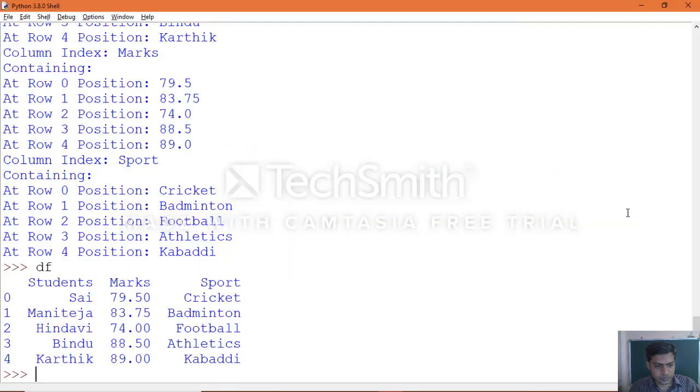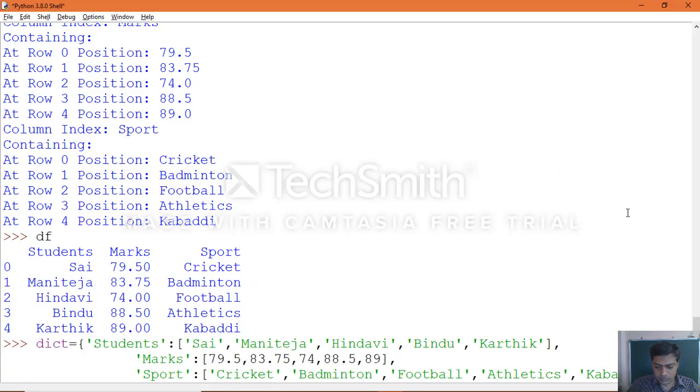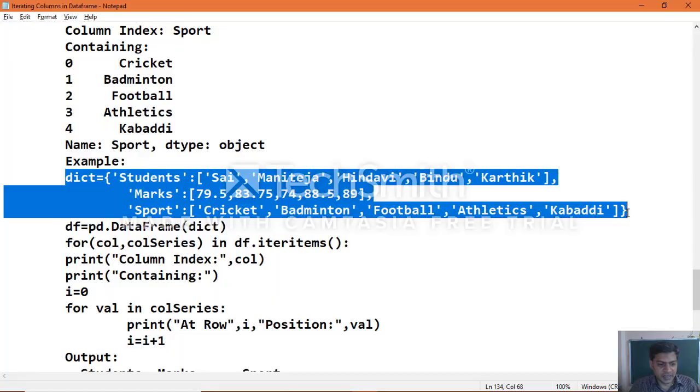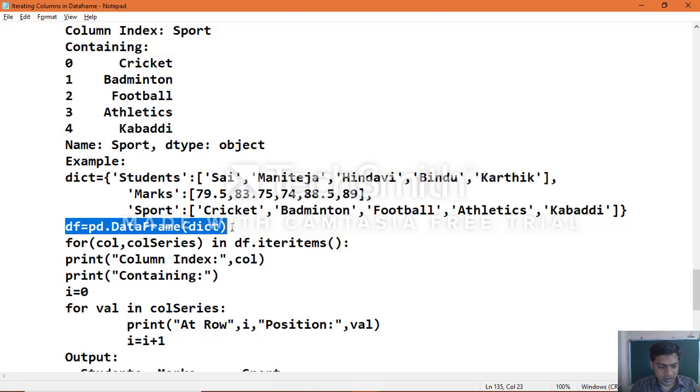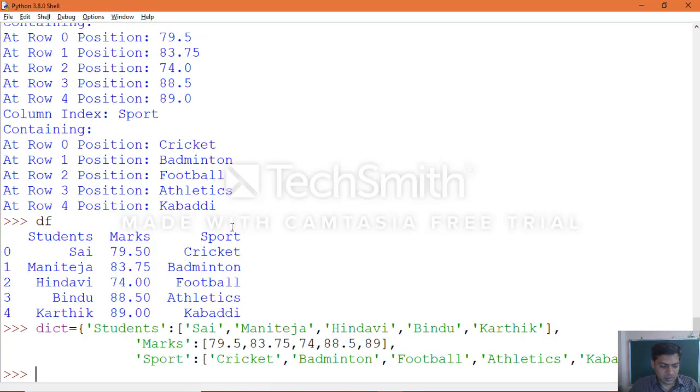Now while creating the data frame object, use your own indexes, that is by using the index argument of the data frame function: a comma, b comma, c, d comma e. Instead of 0 1 2 3 4, it means 5 labels.